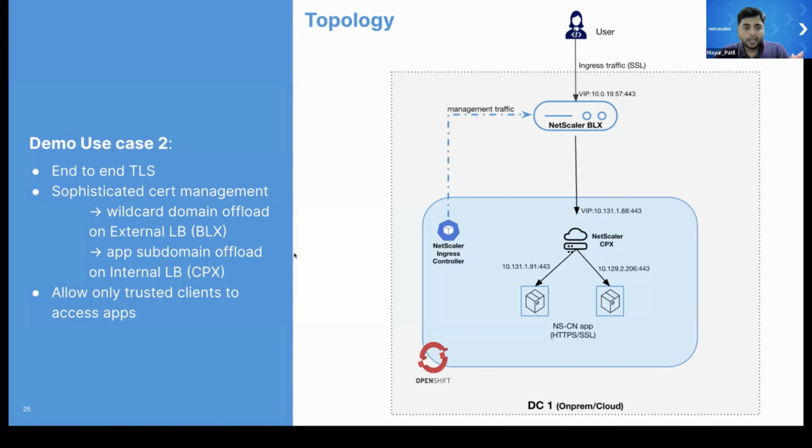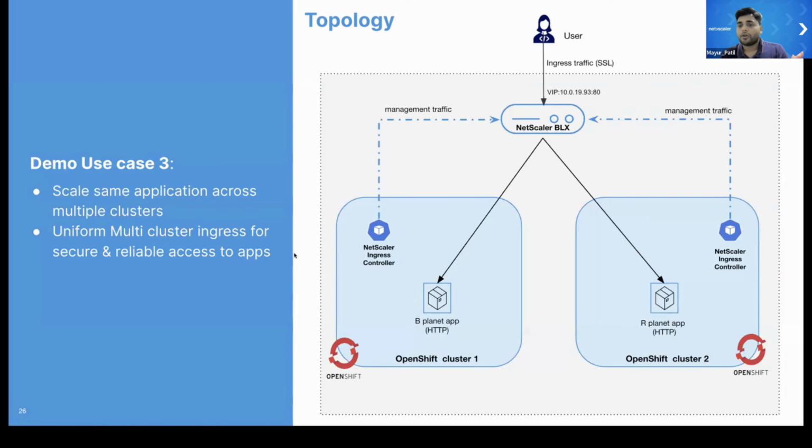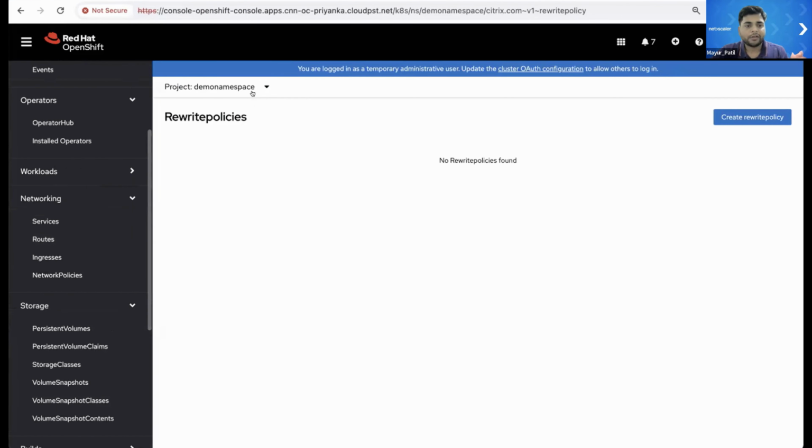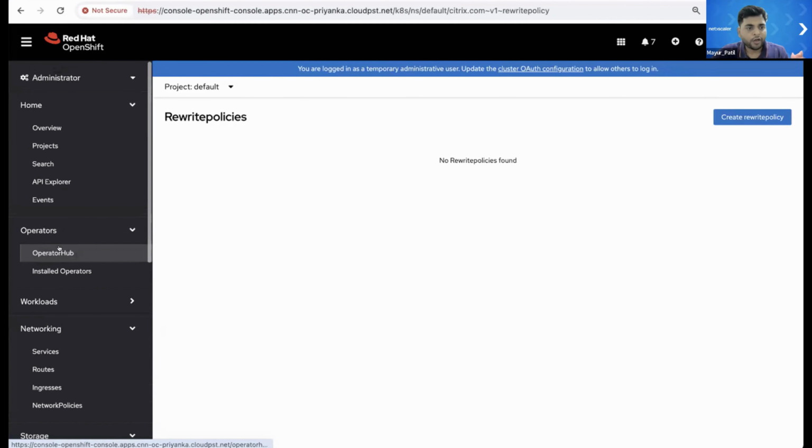In the third use case, I want to talk about the applications which are getting scaled across the different clusters. So here comes the concept of the multi-cluster ingress. In the multi-cluster ingress, you will be sharing the external proxy resources. In this case, you will see that the IP is actually shared between the applications which are residing in different clusters. For that demonstration, I have an application which is running in the default